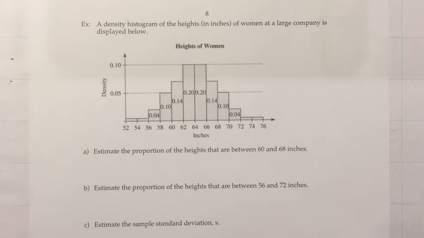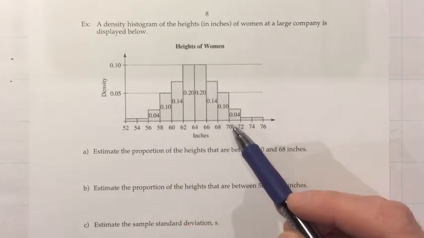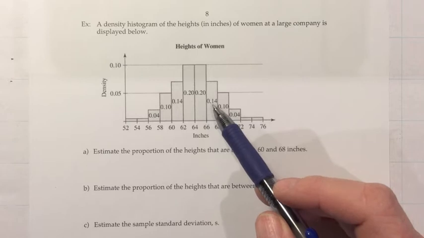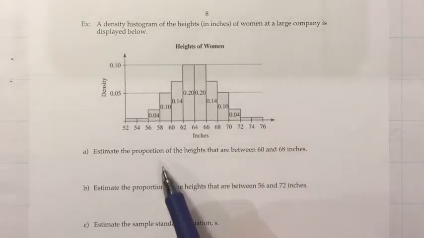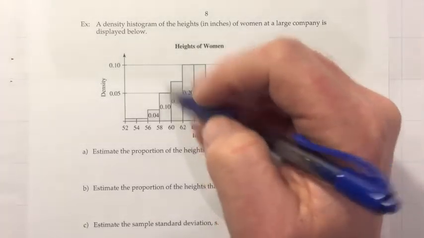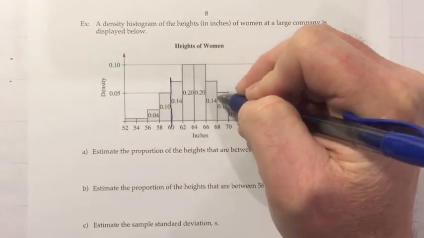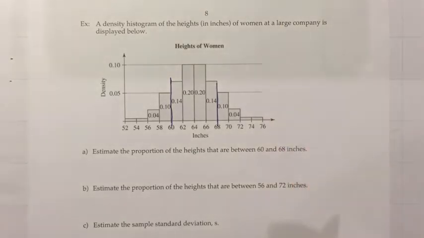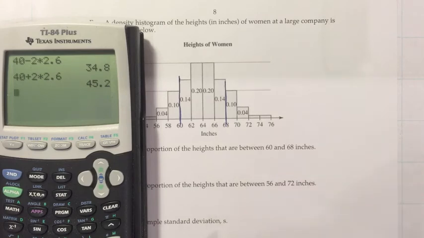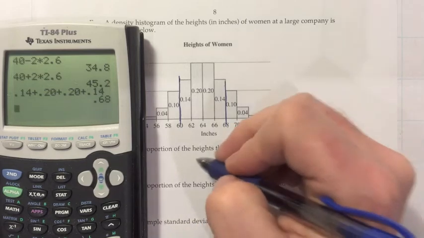So a density histogram of the heights in inches of women at a large company is displayed below. Remember that for a density histogram, the area of the bar, which they've filled in on most of these bars for us already, represents the percentage or relative frequency of women that would be in that category. So estimate the proportion of the heights that are between 60 and 68 inches. So 60 is here, 68 is right there. So we just want to add up all the ones that are in between. Remember those areas that they put represent proportions or relative frequencies. So we have 0.14 plus 0.20 plus 0.20 plus 0.14, and I get 0.68